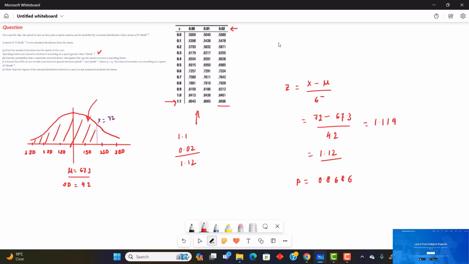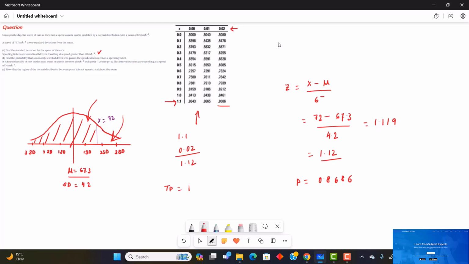But we are not interested in finding the region up till here. Why? Because this region represents all the cars that are traveling at a speed up till 72 kilometers per hour. We are actually interested in finding this region over here, which represents cars traveling at a speed of more than 72 kilometers per hour. Since the total probability or the overall probability is equal to 1, we can very easily find out the probability of the non-shaded region,